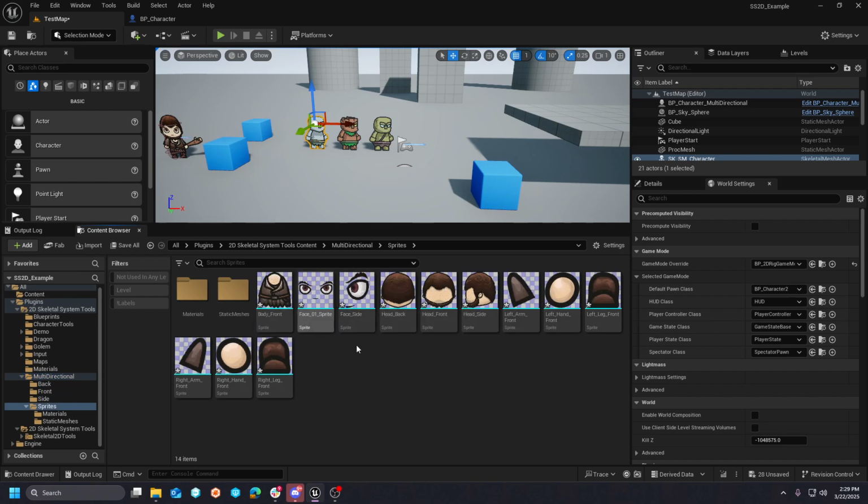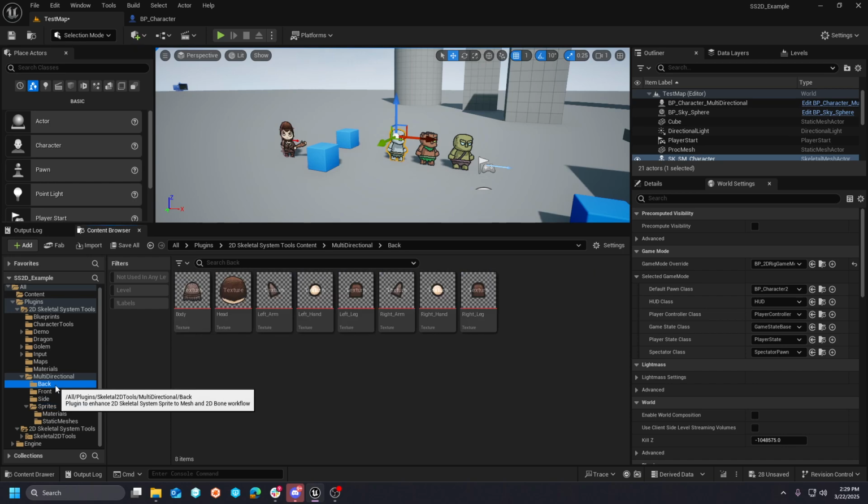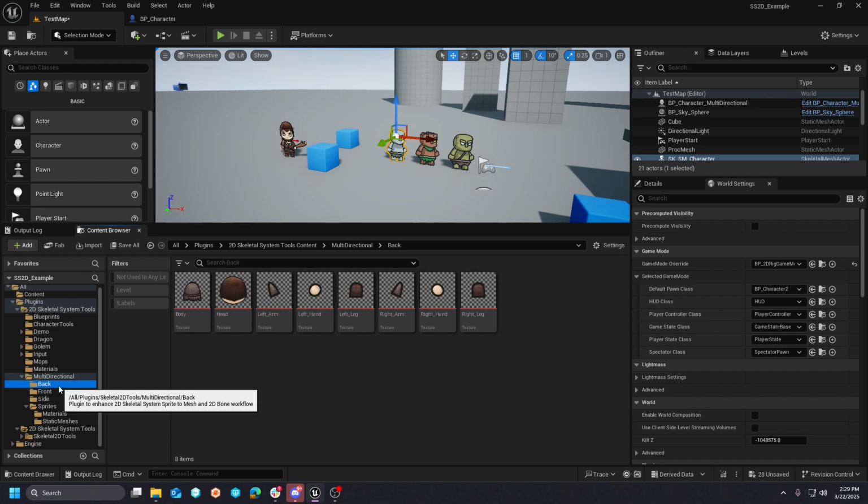sprite sheet. And in this example, I found a character that was very closely matching the original Golem character. The only difference is that this character has back, front, and side, right? So this was the simplest way for me to show the concepts of going this direction without taking on the task of